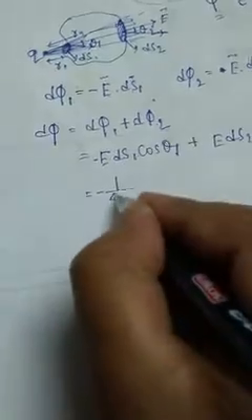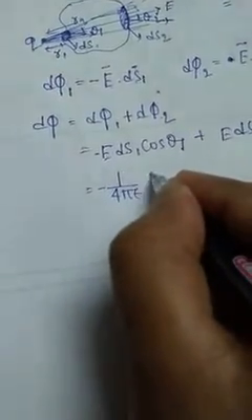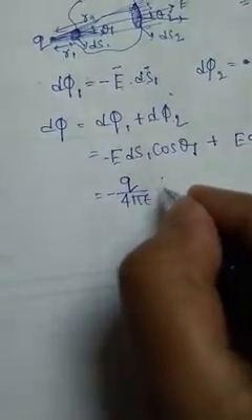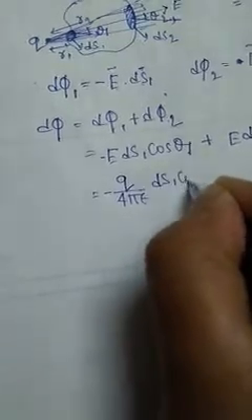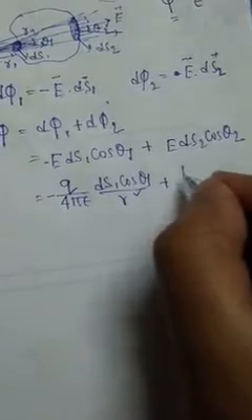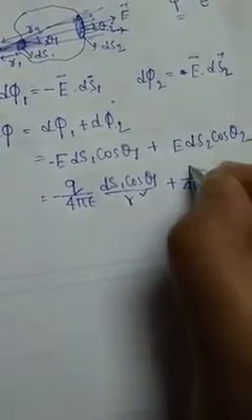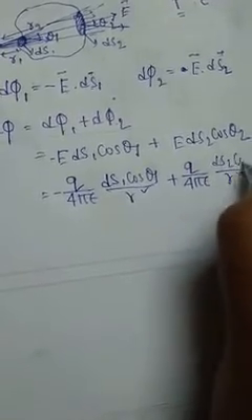Okay, and here I shall again apply the formula 1 by 4 pi epsilon q by r square. So I am writing q by r square, that means ds1 cos theta 1 by r square, and for this one also equal to 1 by 4 pi epsilon q by r square. So I am writing q here, and this is ds2 cos theta 2 by r square. Basically this ds1 cos theta 1 by r square and ds2 cos theta 2 by r square, these are the same solid